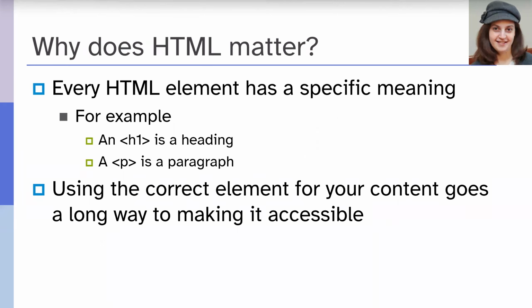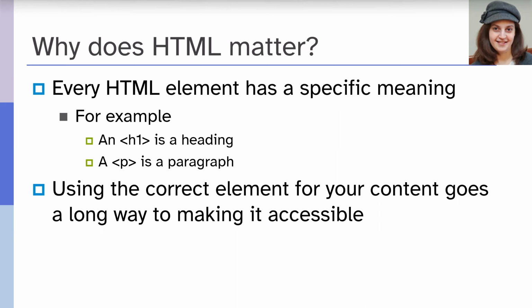So why does it matter? Every HTML element has a very specific meaning. So Rachel gave the example of the H1s in the CSS and how different H1s can have different visual displays. It's important for us to know that an H1 is a heading. And we may be tempted to just use, let's say, bold, large font for a heading, but that will only convey the meaning to a sighted reader. If we are trying to convey the meaning to all readers, then we need to tag that as an H1 so that when we're navigating with just, let's say, a keyboard, we can jump to all the H1s in the book in a machine usable way.